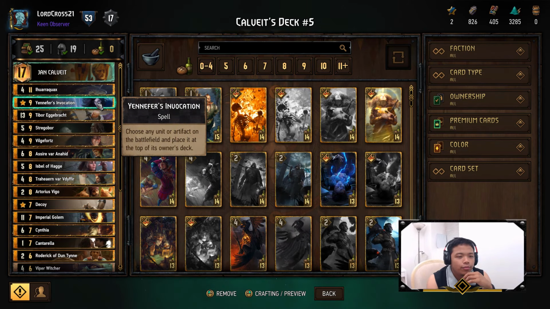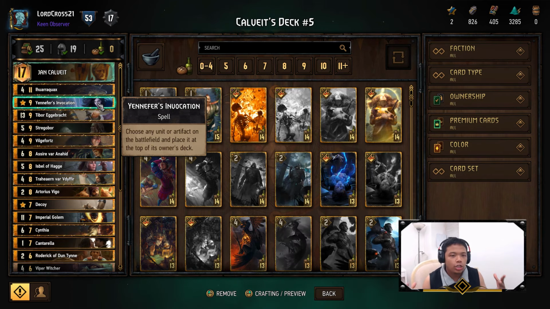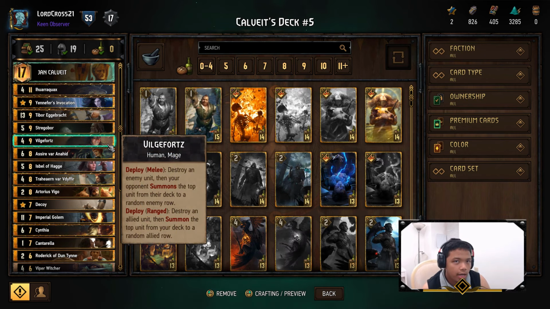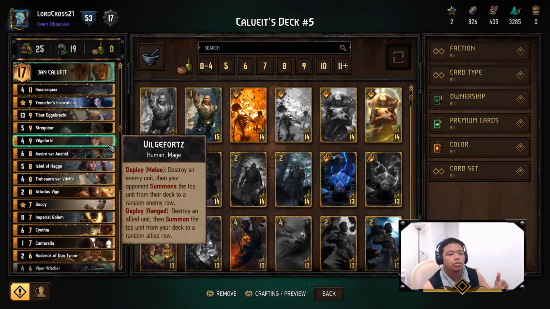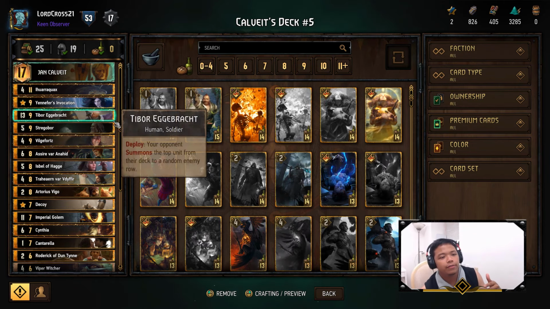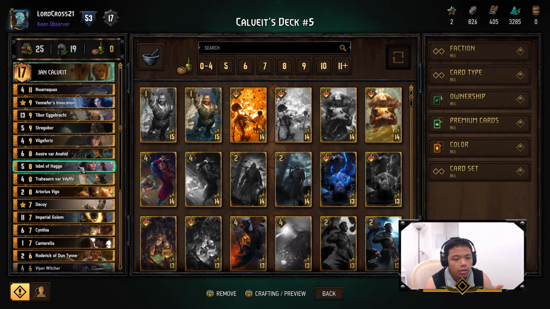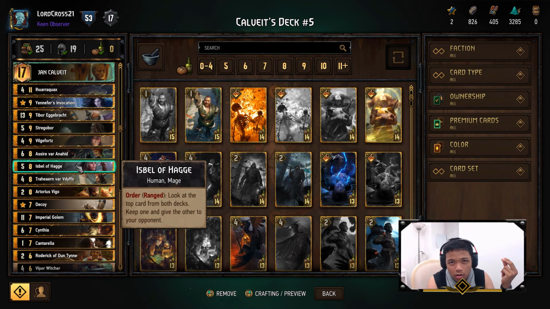But I think a better use for it is if you want to use a unit's ability twice, then you're probably going to want to put Yennefer's Invocation to return, let's say, Vilgefortz on top of the deck, and with using Jan Calvé, sort of a combo to get Vilgefortz out immediately. Because unless you're playing a Nilfgaard deck as well, like if you're playing against the Nilfgaard deck, chances are you can get away with playing Yennefer's Invocation to get Vilgefortz back on top of the deck, and then just wait another turn to, let's say, probably play Isabel of Haga, where you're going to want to draw Vilgefortz,